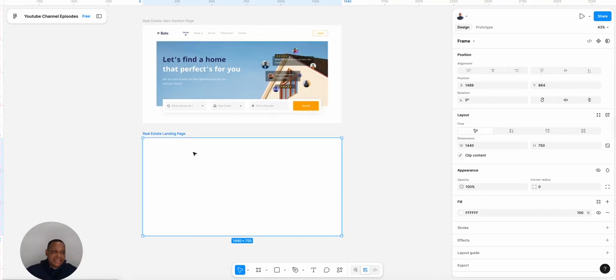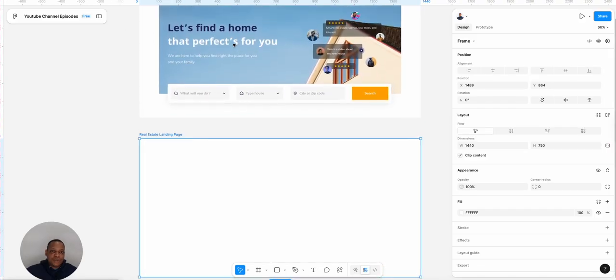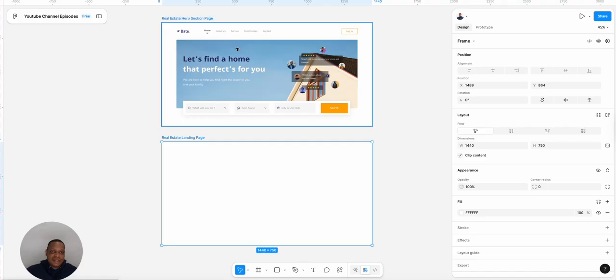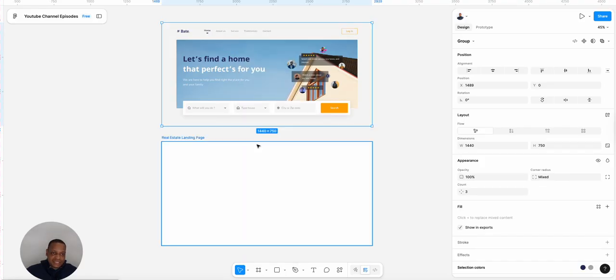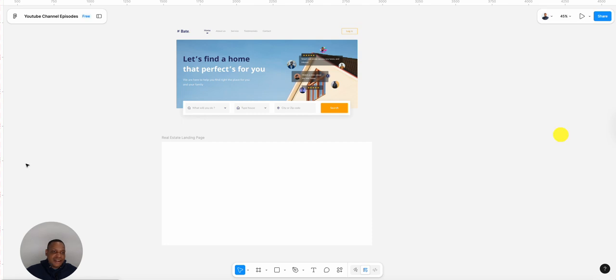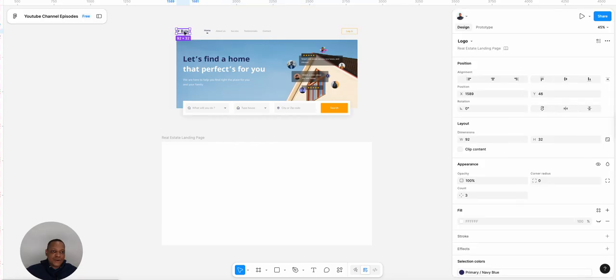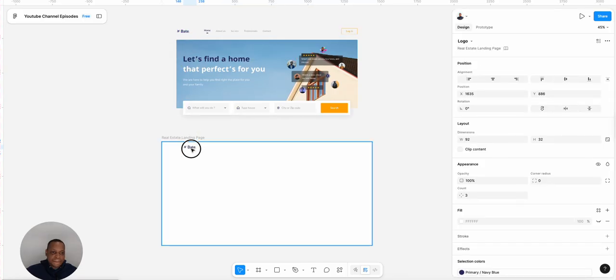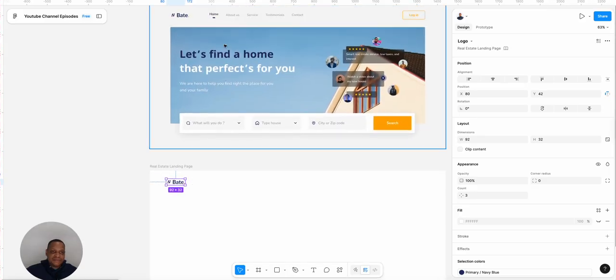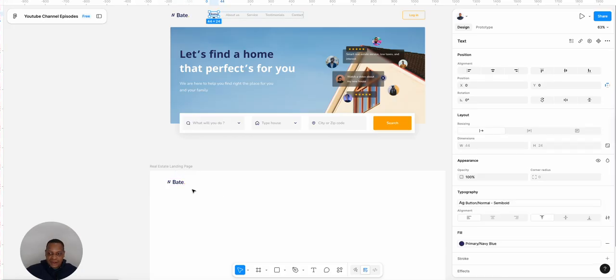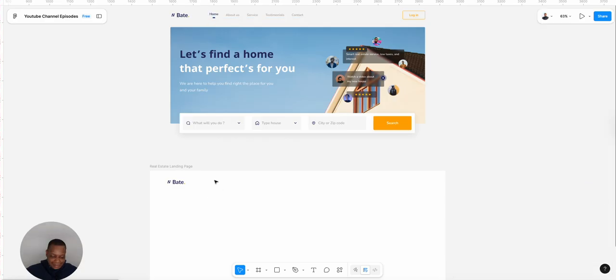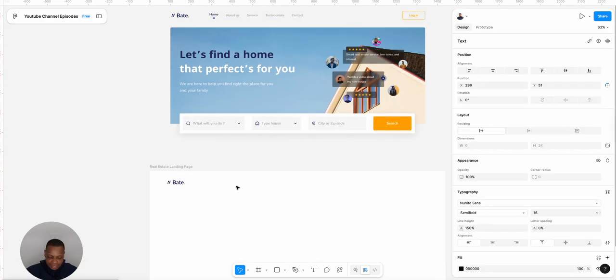So what do I mean by that? Let's just copy this. Now first, let me ungroup all of this. Right, cool. Let's get our logo. It's called Bait. Let's just see what font this is that I've used: Nito Sun. T for text, home,